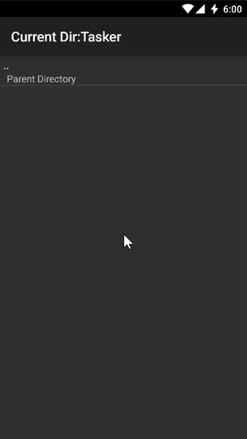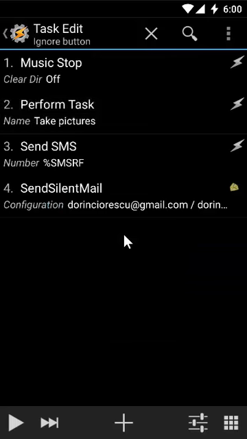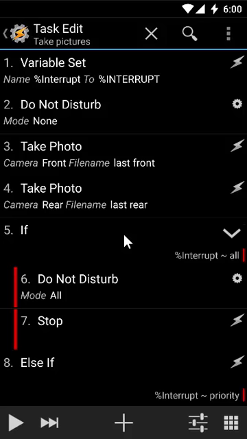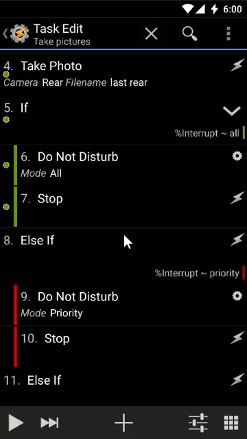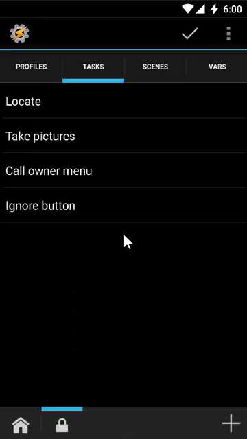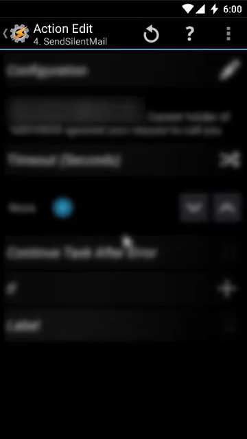So I go to the task take pictures, and I run it once. Okay, it has done it. Now I go back to my task, ignore button, send silent mail, the pencil,